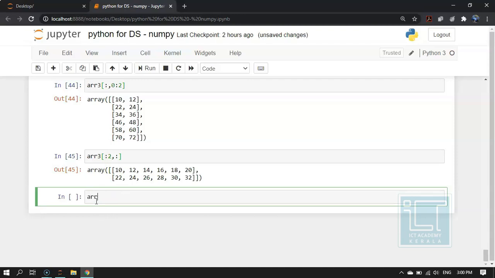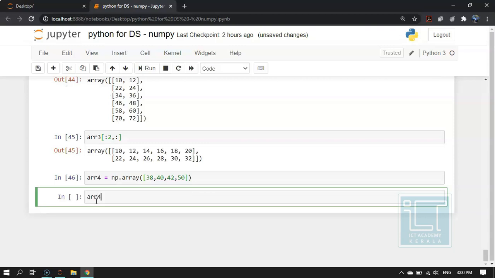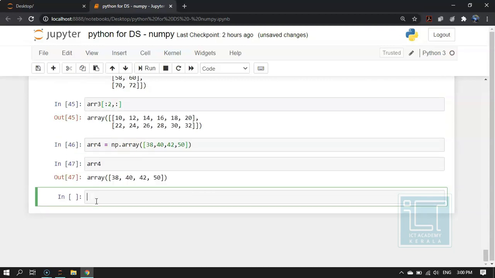Now I am creating another array, array 4. I am giving some random values. Now my ARR4 has these values.